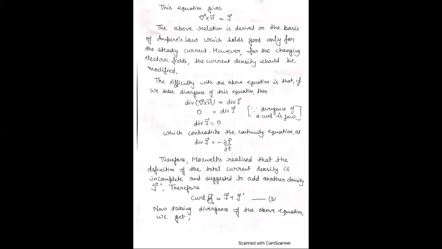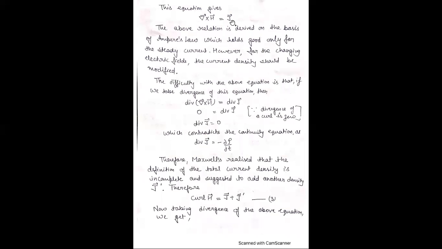This is the value of the other current density. Put this value of the other current density in this equation, curl of H equals J plus J dash. Here put the value of J dash, and we get del cross H equal to J plus del D by del t. The last term on the right of this equation is called the Maxwell correction, because we correct this equation by adding another current density J dash. Therefore, this is the Maxwell correction, and it is known as the displacement current density.